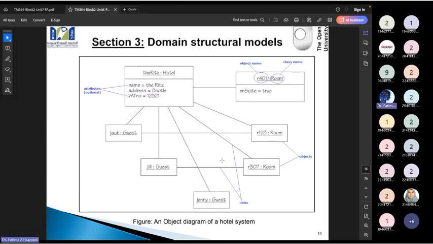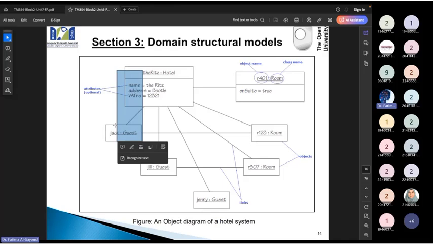Why is it static? Because it just gives us a snapshot. What does snapshot mean? It shows us information about the current situation, not about how it changes over time. For example, the hotel called Ritz currently has a guest called Jack. It shows us the relationships between the different objects. That's it.